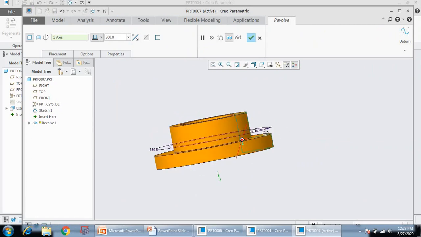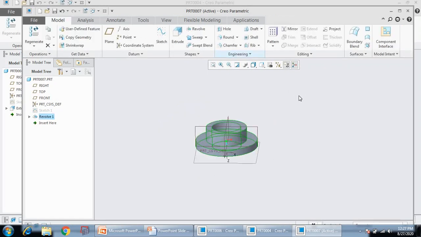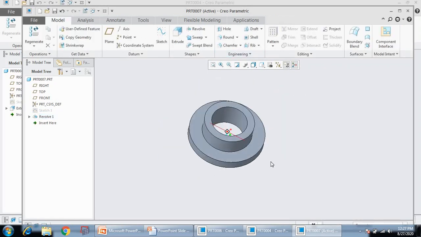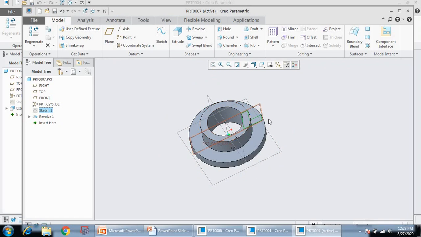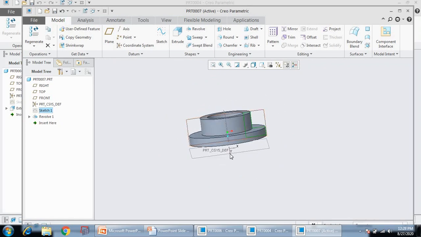You can see that a constant cross section which we have drawn here is revolved about a vertical axis Z. So such a model is called a 2.5D axisymmetric model. You can observe this green cross section, which is revolved about the axis of revolution, that is Z. It becomes a 2.5D axisymmetric model.